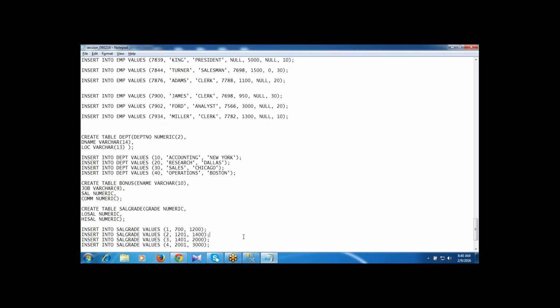Later concepts like functions, clauses, constraints, and joins are heavy concepts. Once you get the fingerprints, you can easily move on to further concepts. That's why I'm giving more time to practice, so I keep repeating: please do the practice.